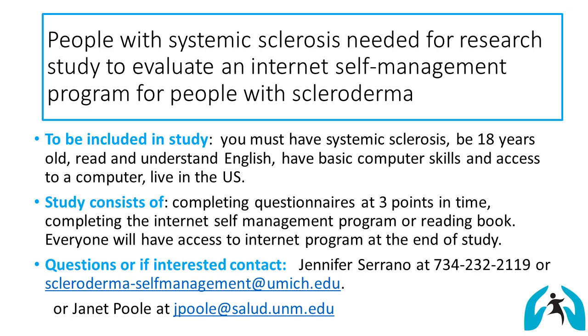Based on what group you're in, if you're in the book group, you will receive a book to read that we expect you to go through at your own pace, and we'll check in with you periodically. If you have the internet program, then you will be given a password and go into the internet program and be part of an internet group. Then you'll fill out questions at the end of the study, and we'll follow you for 6 months. Even if you're in the control group,